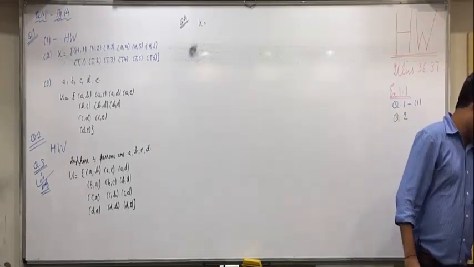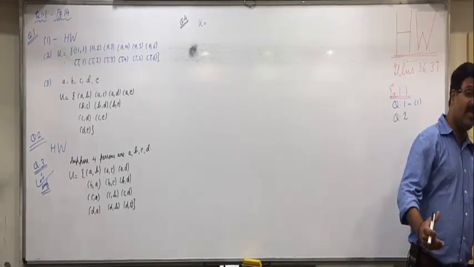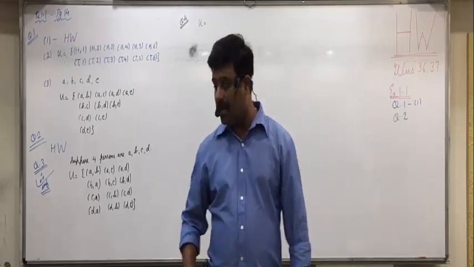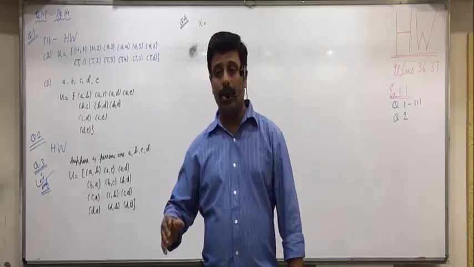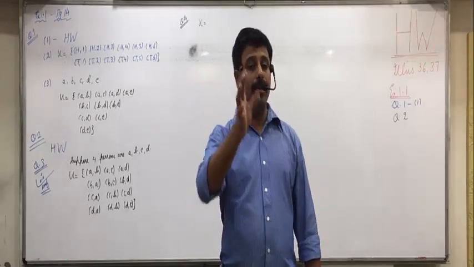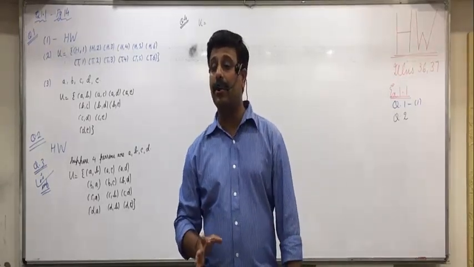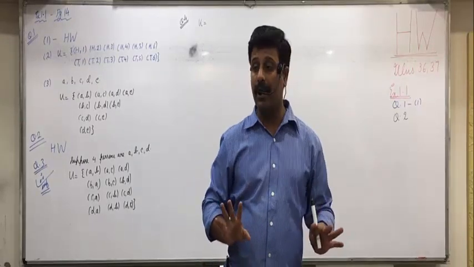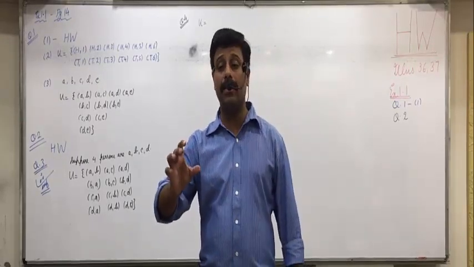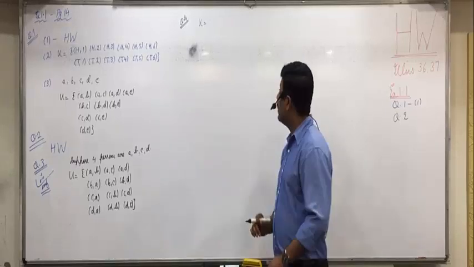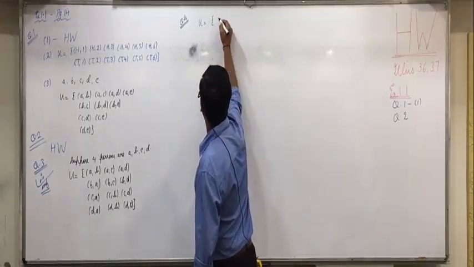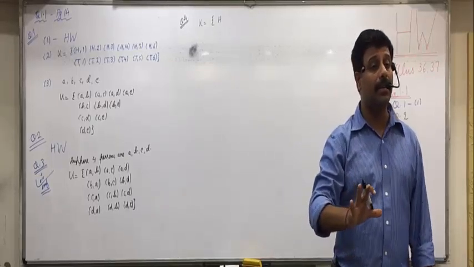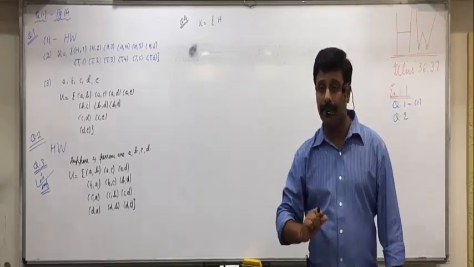Then it is given that the experiment is terminated with the first head. It means as soon as you get heads, you stop the trial. So it is something like you toss a coin, you get tails. You toss it again, you get tails. You toss it again, you get tails. 9 times you get tails, 10th time you get heads, you stop it. So whenever you get heads, you will stop it. Now what all possibilities are there? Maybe directly you get heads in the first toss itself, then you stop the experiment.